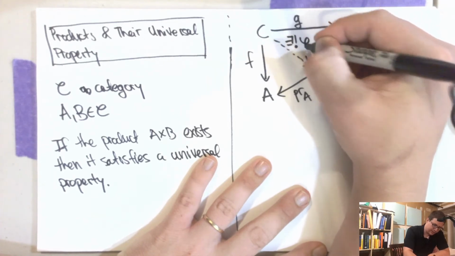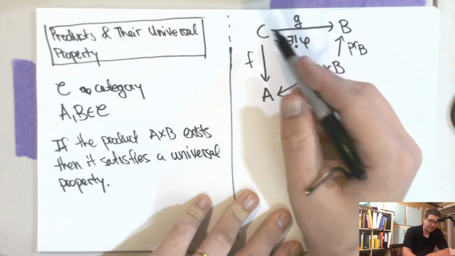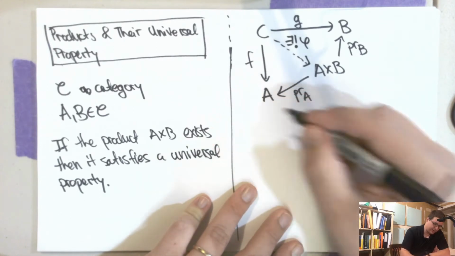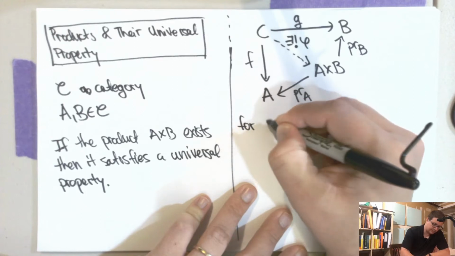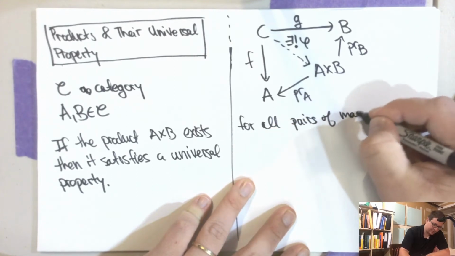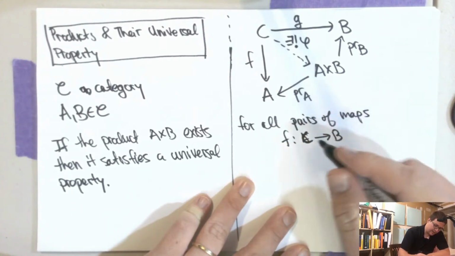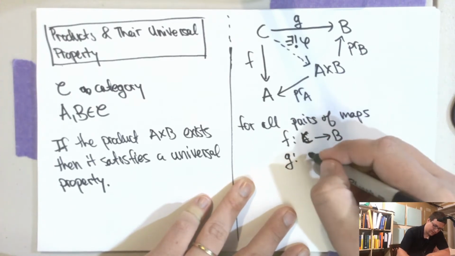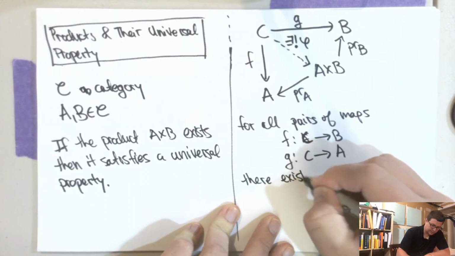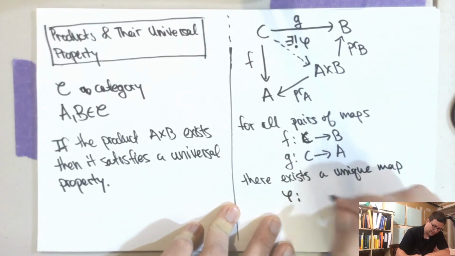There exists a unique map phi, and this thing depends on F and G. Okay, so what it says is that if you have an F and you have a G, then I can make a map to this thing such that these two things commute. So, okay, so what this says is that for all pairs of maps, F from C to B, and all maps G from C to A, there exists a unique map phi from C to A cross B,